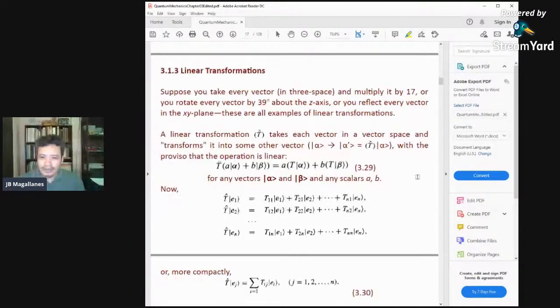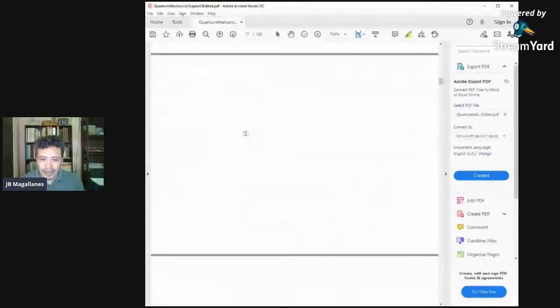There's an operator that transforms the vector, and this is denoted by this one here,